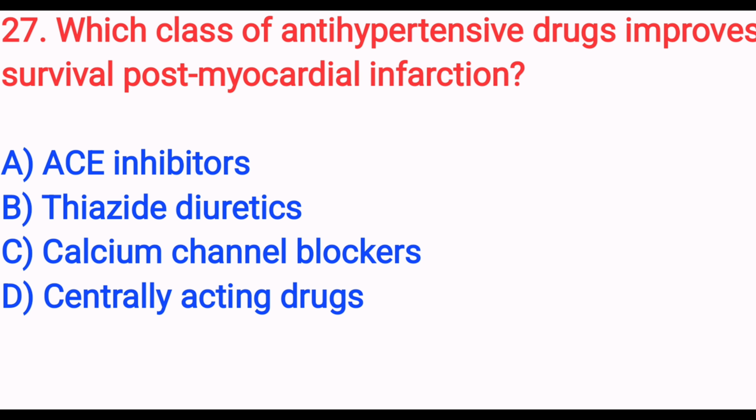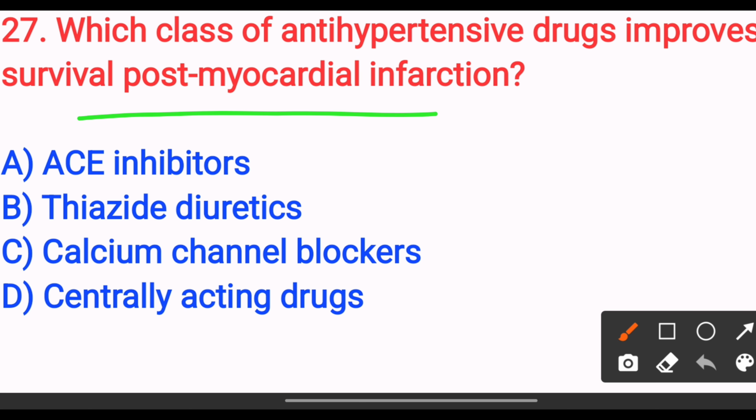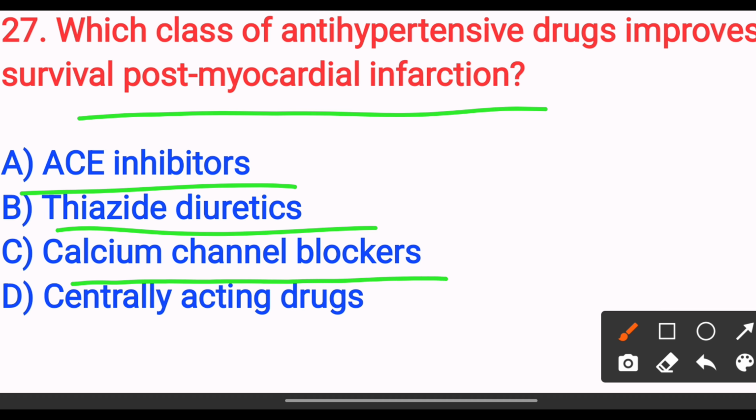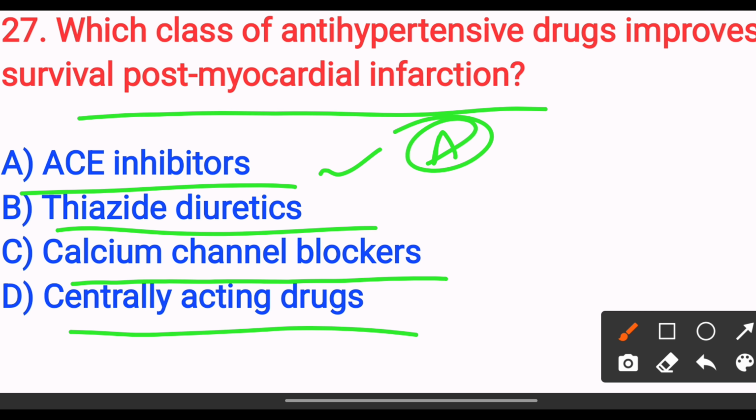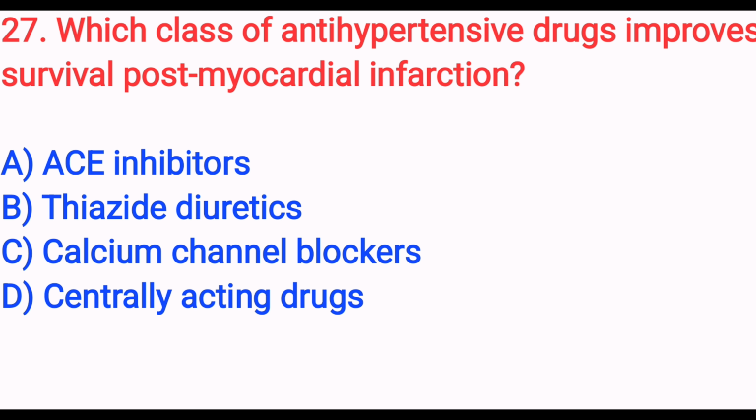Which class of antihypertensive drug improves the survival post myocardial infarction? Option A, ACE inhibitor. Option B, thiazide diuretic. Option C, calcium channel blocker. Option D, centrally acting drugs. The answer is option A, ACE inhibitors, because ACE inhibitors reduce the mortality post MI and in heart failure. So the answer is option A. Next,